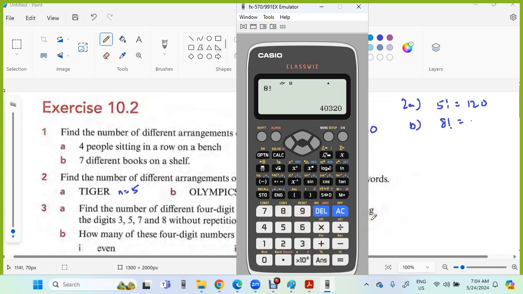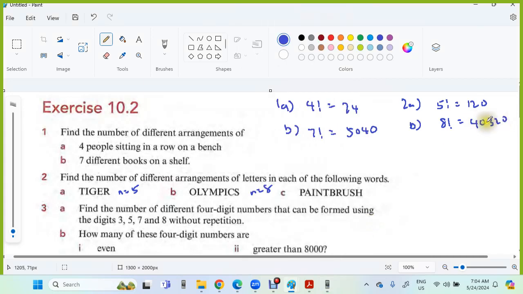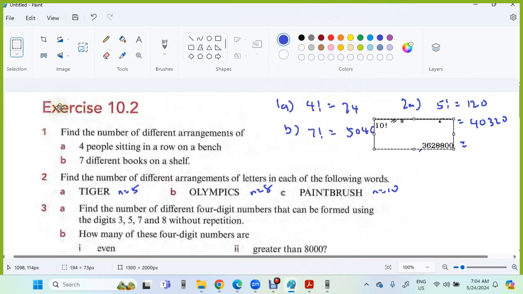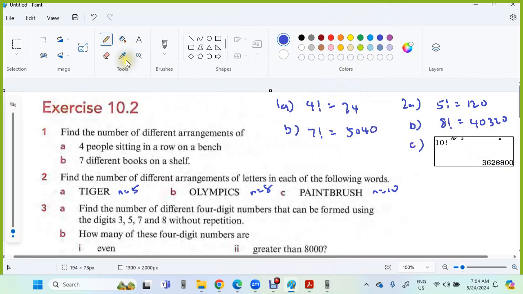Then it is 40320. And the C, we have this one, Paint Blast, 2, 4, 6, 8, 10. So we have the 10 factorial. So this will be the 10 factorial, so it is 362880. Okay. And then question number 3, find the number of different 4 digits that can be formed using 3,